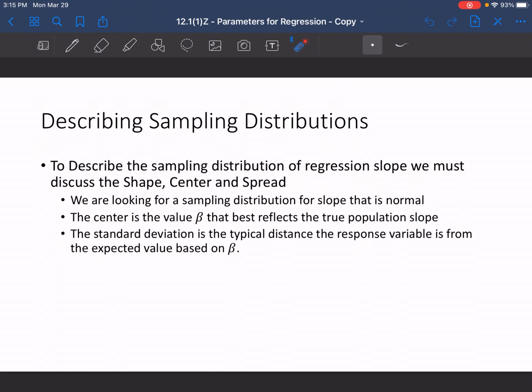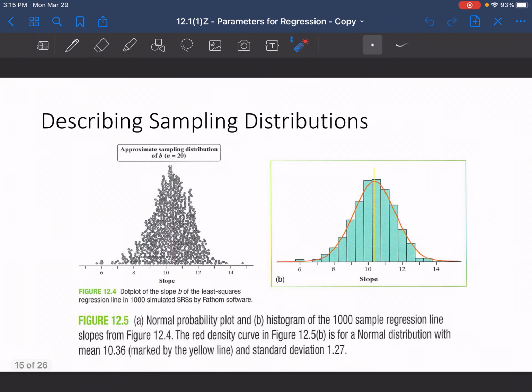So we are looking for a sampling distribution for a slope that is approximately normal. Our center is going to represent the value beta that best reflects the true population slope, and the standard deviation is the typical distance the response variable is from the expected value based on beta, or based on that particular slope. So both of these represent, A is just a normal probability plot of 1,000 simulated least squares regression lines,